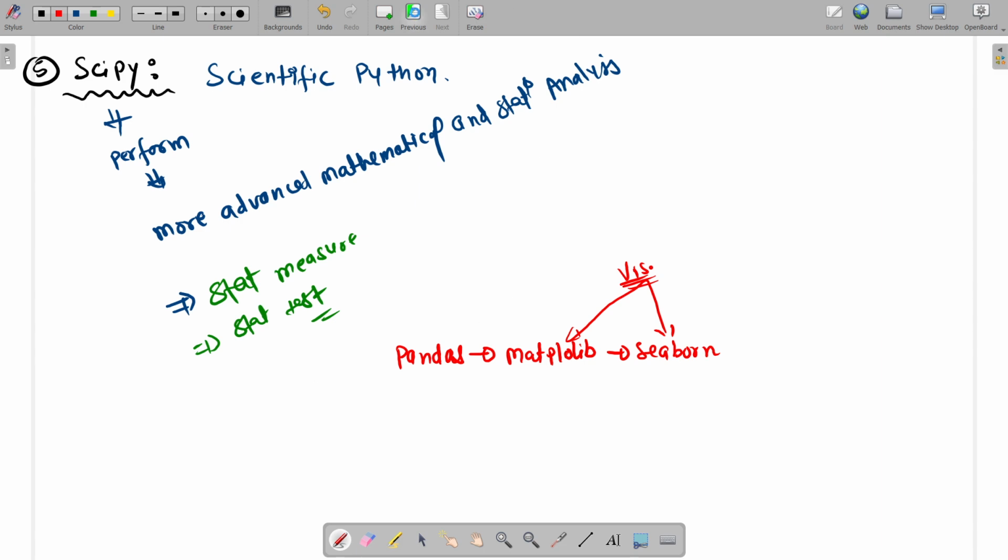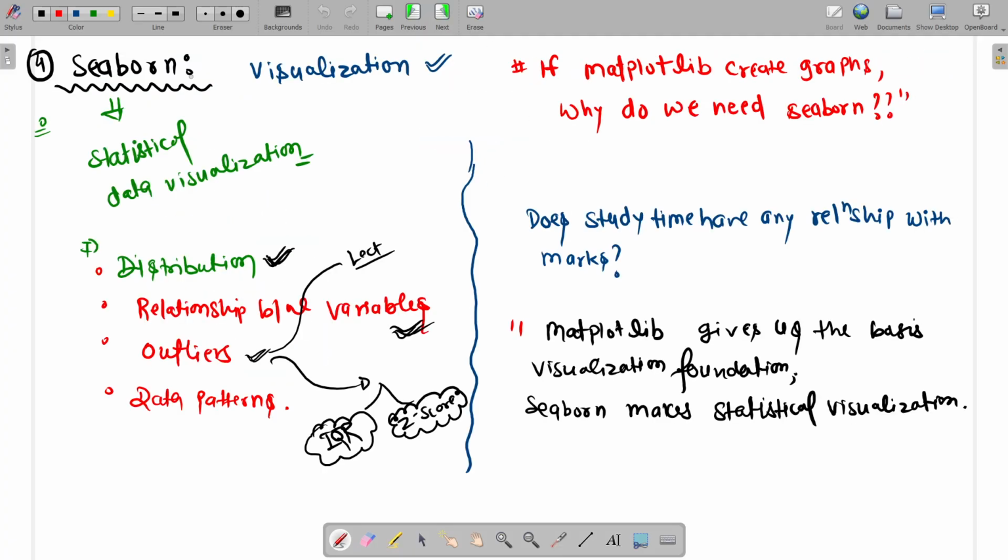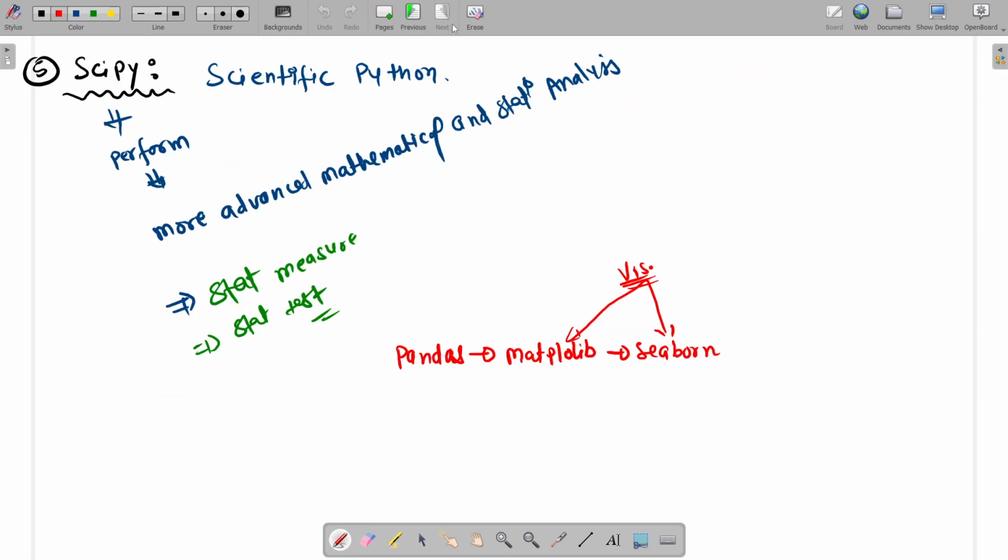Here I had already mentioned it like this: convert numbers into visual form. Matplotlib and Seaborn are also used for visualization purposes. Then later we will learn this SciPy library. No need to learn this library immediately. And the last one is